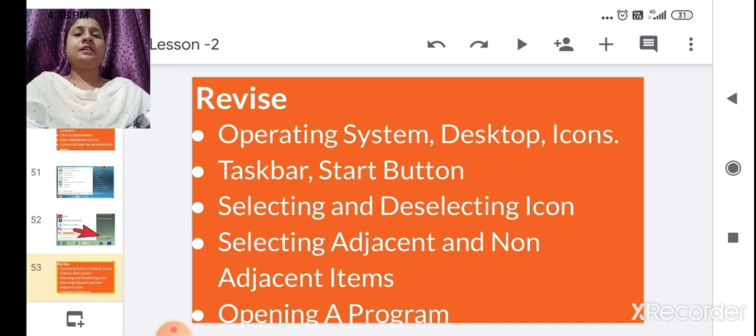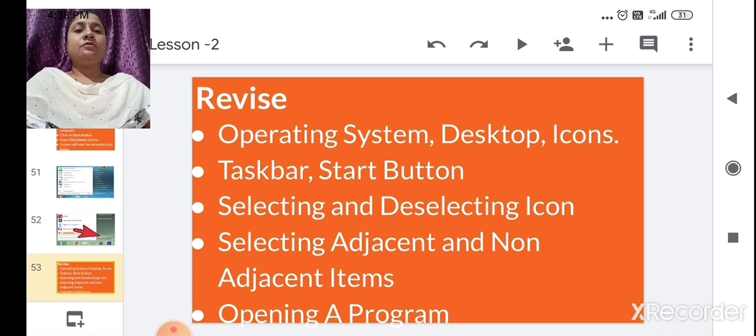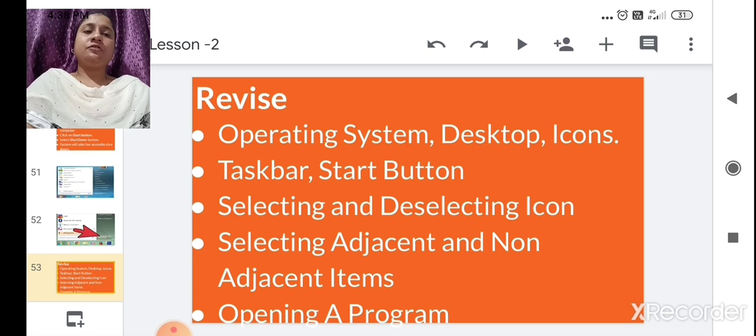While in non-adjacent items, you have to select only particular items, not the whole set. By pressing the control key, you can select whichever items you need. Not from first to last, only those which you want to select will get selected. Okay, that is the non-adjacent item.